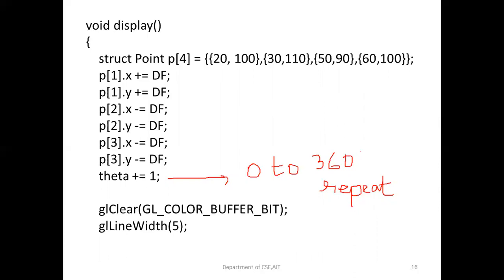line. Whatever the line is there, actually it is a 20-strip line. So this line will be drawn by using the curve. The theta value will be varying from 1 onwards so that you will have a curving effect. X value is taken to be plus here, it can be minus. So you'll be having X plus and X minus, so there will be an alteration of the curve. The flag will be moving up and down.